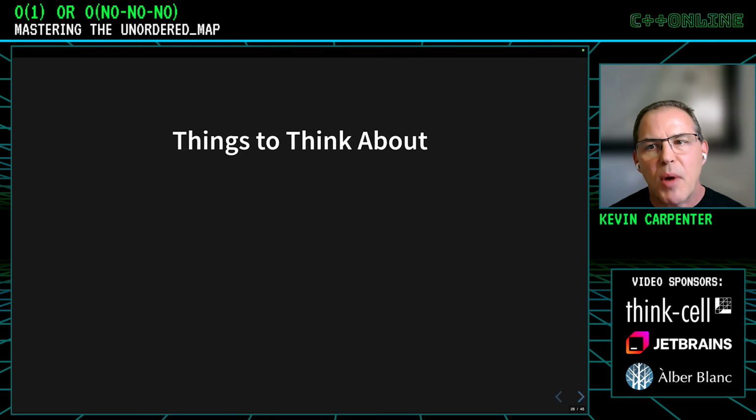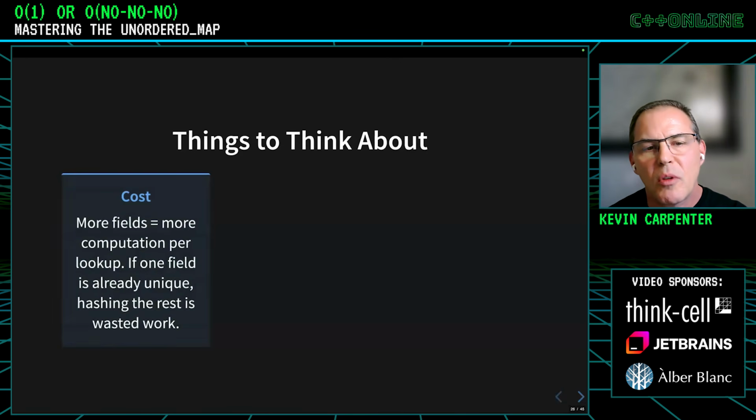So things to think about. The more fields we use, there is a cost, right? Because the more fields that we're using in our hash, the more computation per lookup. So if one field you do have is that unique, then just use that one. But that's the part where I was saying as well, when you're working with your data, make sure you know what the data coming in is. Make sure you know that you're going to have that uniqueness. Otherwise, use more fields. But you don't want to use every field,